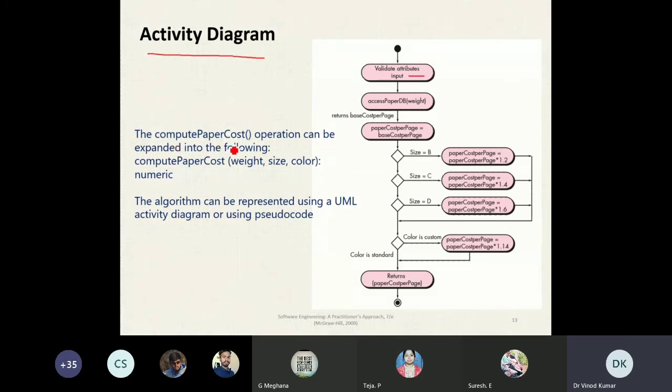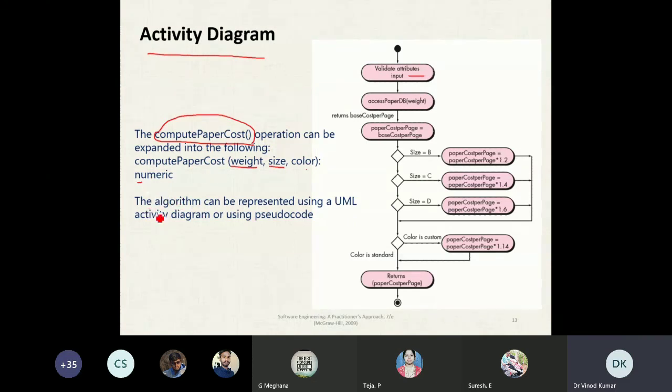What is the function? The compute paper cost operation can be expanded into the following. Compute paper cost. Okay, first here weight, size, color, as numeric.